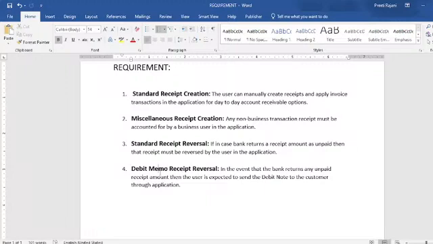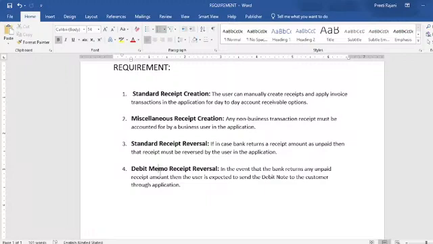So in that case, what your client requires is that the application should automatically issue the debit note to the customer